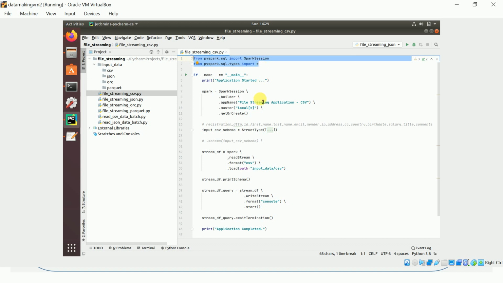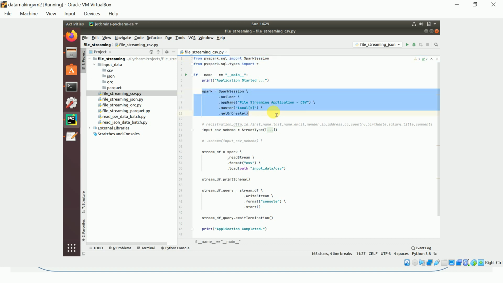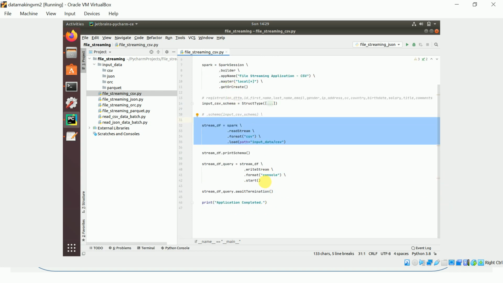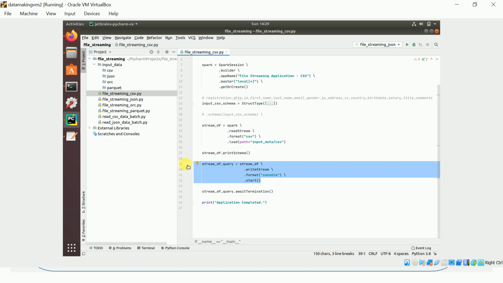Once the import statements are done, you create the Spark session object and load the stream from the source. In this case it's a file source, and then you will have a sink. We are going to use the same console sink here, and the query is going to be running 24/7 with query.awaitTermination. This is the format of a simple Spark structured streaming program.